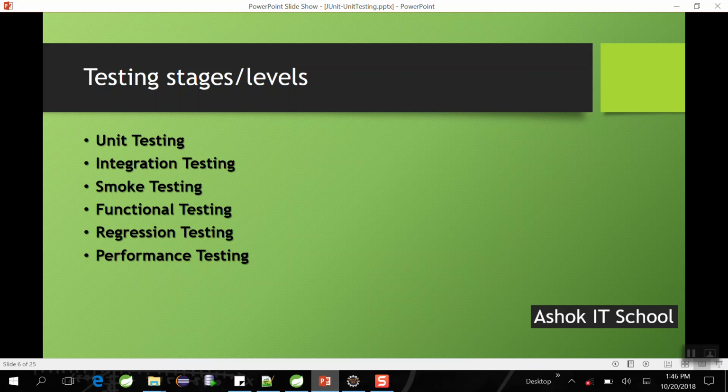First the developer will perform unit testing and integration testing. Then we will give the application to testers. First testers will perform the smoke test of the application. If the smoke test is completed, then they will start executing the test cases. That is called functional testing. In functional testing, testers will execute test cases to check whether the application is executing as expected or not. And if some of the functionality is not working as expected, testers will report a bug to the developer.